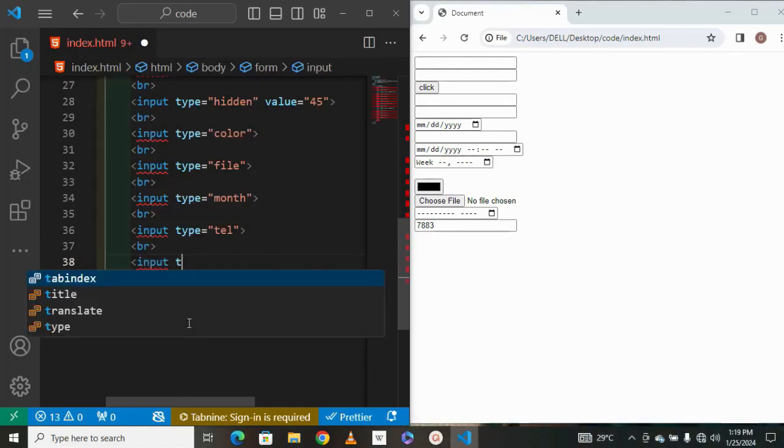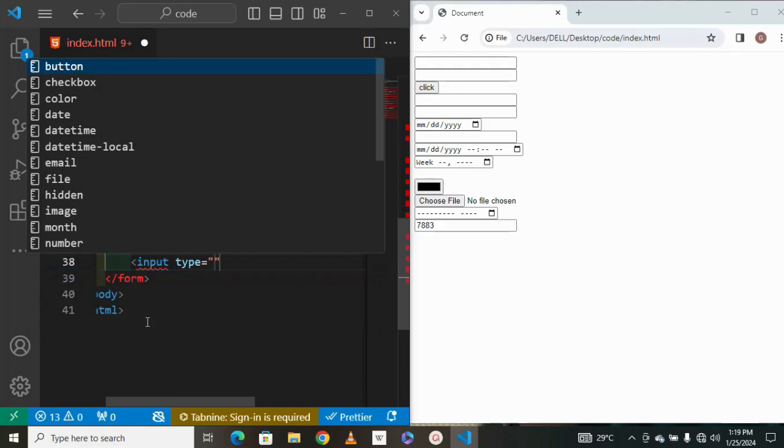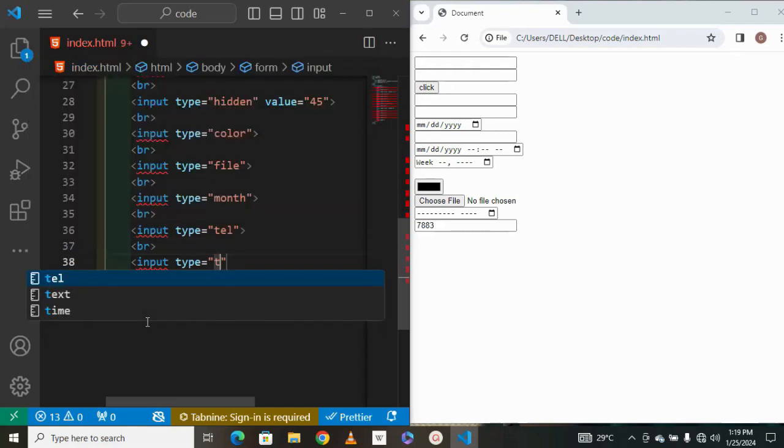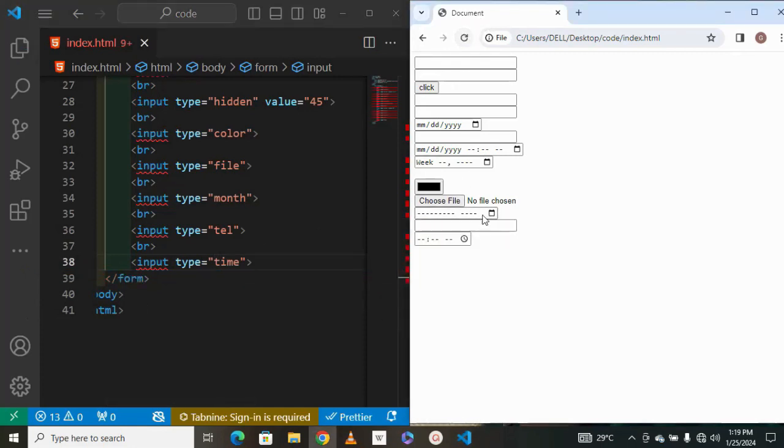So input type time gives your user the ability to select their particular time. So another one we have is the input type